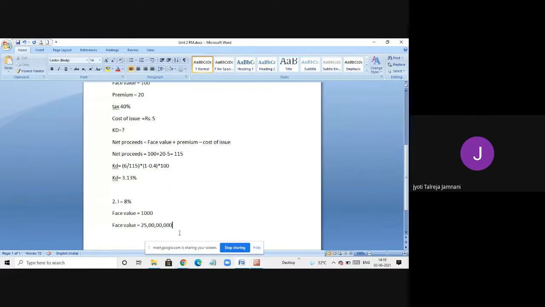What you have learned is taking this total value and finding out, whereas how I used to teach is taking the per debenture value, the face value, and solving it. If per debenture value is not given, we usually assume it to be 100 and solve, and we still get the same answer. So I'll teach you the way you have learned only so that there is no confusion. So we'll take this total value itself.